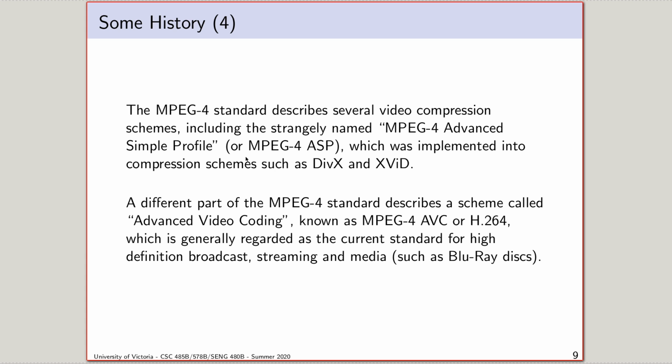Early compression schemes for MPEG-4, Microsoft designed one. There were a variety of others that were designed. They were eventually picked up by an open source project. Well, a short-lived open source project called DivX existed, and then it became a corporation, and I think they may still exist. They may still be working with the same sad MPEG-4 codec they had 20 years ago. For the brief period of time where DivX was open source, it was captured by this other project that created a fork, and it called itself Xvid for obvious reasons, because it was actually a fork of DivX. It was developed for quite a while, and it was used for early MPEG-4 video,